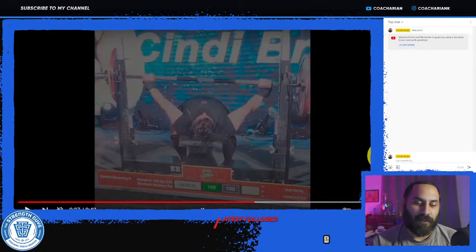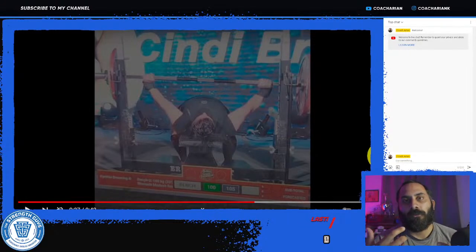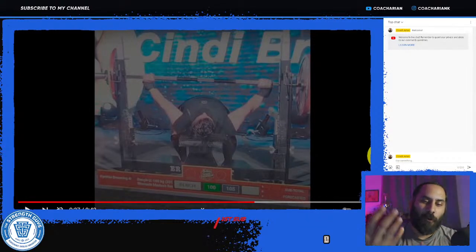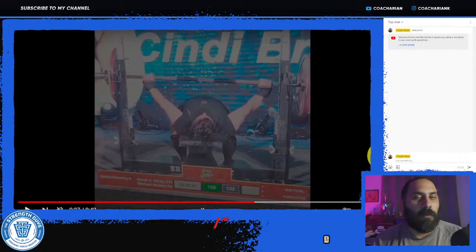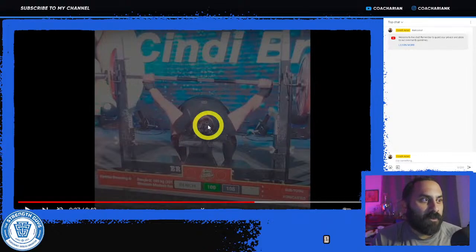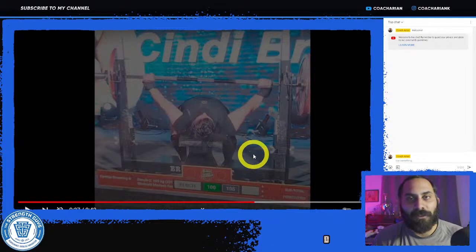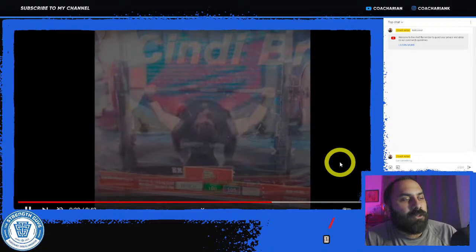And you can always use accessory work. If you're going to do tricep pushdown or something like that, you can do one arm at a time to try and build up the weaker tricep. If you're doing shoulder press, you can do dumbbell shoulder press to see if one side lags and make sure you're not overdoing it with the dominant side. But it could potentially be some other issue going on there, as far as being shifted over on the bench, and over time being shifted on the bench has changed the technique and changed what muscles want to do the work. And then you're getting this issue happen.